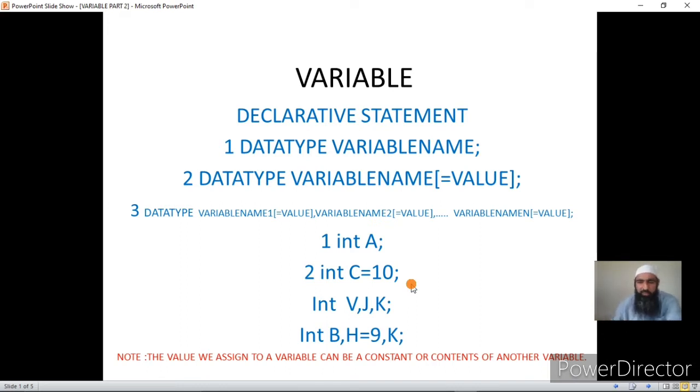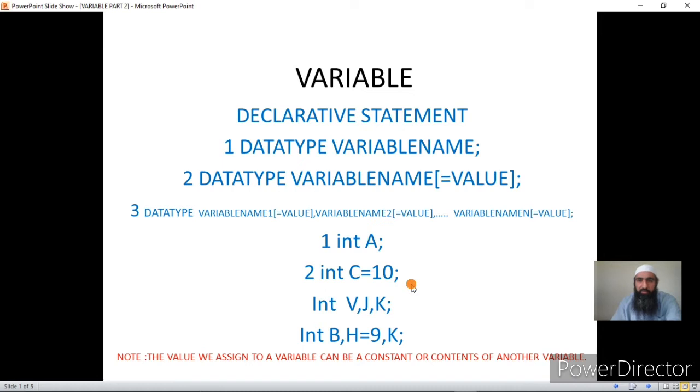Now let us go into the compiler itself and check what are the different ways of declaring a memory location. The memory location can be used only once it has been declared.